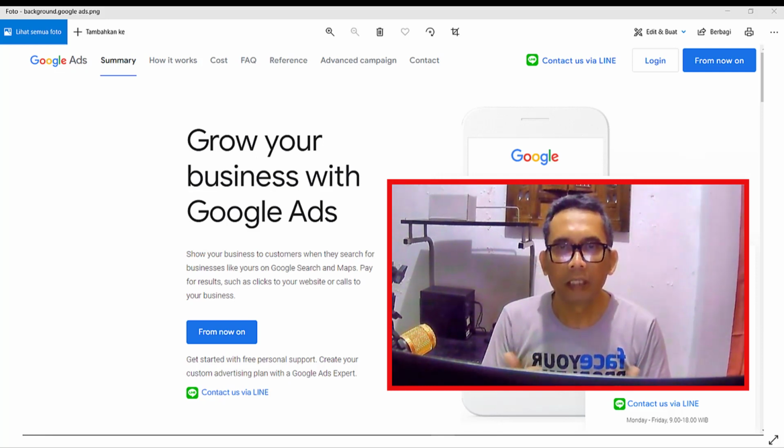Remember that running a successful AdWords campaign takes time, effort, and a lot of experimentation. Don't be discouraged if you don't see immediate results. Keep refining your approach and optimizing your campaign, and you will start seeing better and better results over time.